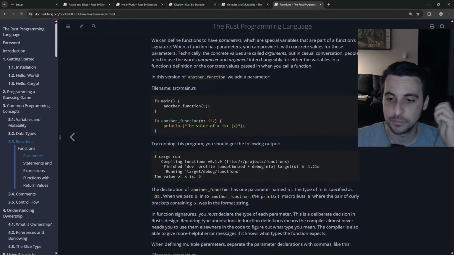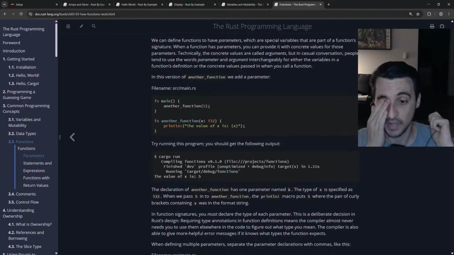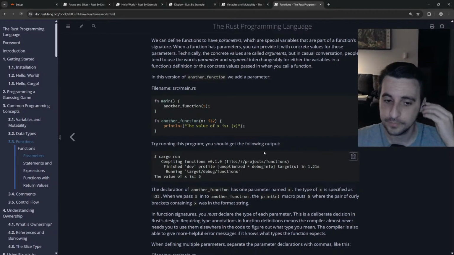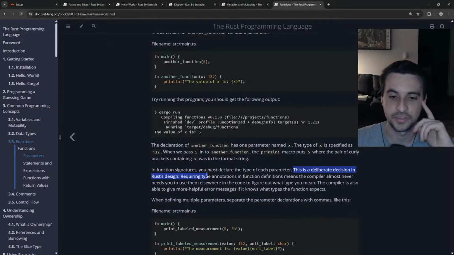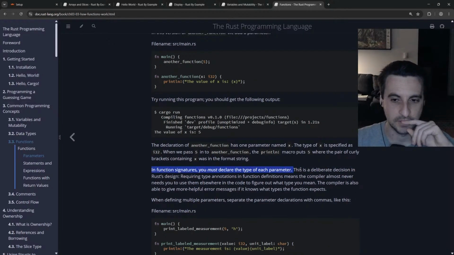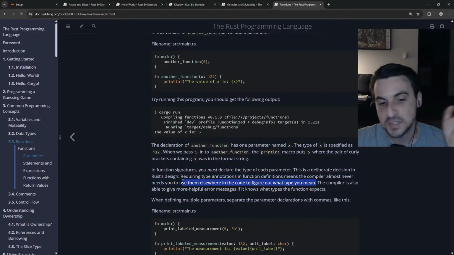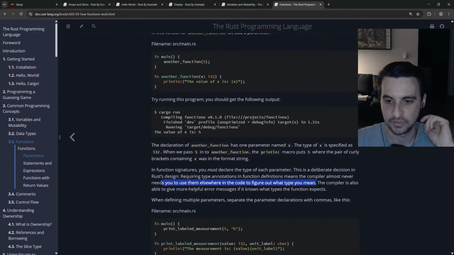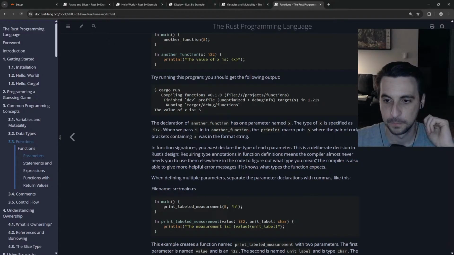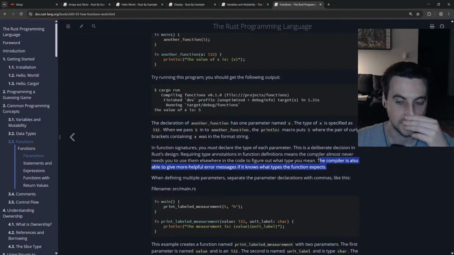The declaration has one parameter, the type of x. So when we pass 5 into another function, 5, okay. In the function signatures, you must declare the type, obviously. This is a deliberate decision in Rust design. Requiring type annotation means the compiler almost never needs you to use them elsewhere. So this I agree with. I'm not going to overtype stuff. Yeah, the compiler is also able to give more helpful. Yeah, this I knew. There's an empty tuple because it was in the